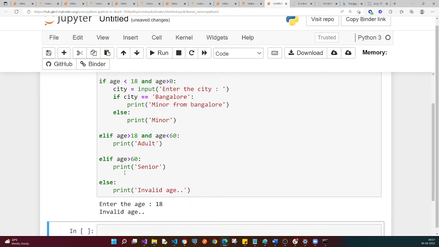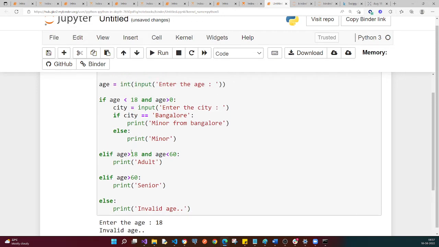It goes to else block, right? So if you want to handle age as 18, then include in the condition greater than equal to 18, and this should be